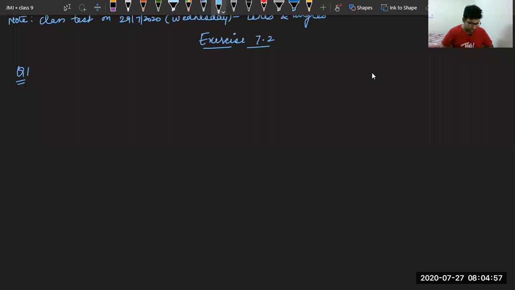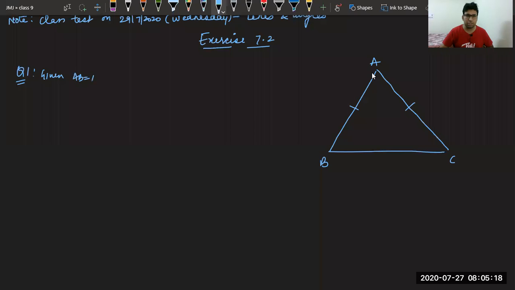Now, the question is, in an isosceles triangle ABC, we have a triangle ABC which is isosceles given to us like this. So, in a triangle ABC, which is isosceles with AB equal to AC, these two sides are given equal to us. Given AB is equal to AC, the bisectors of angle B and angle C intersect each other at O. Bisector of angle B and angle C. So we have two bisectors which bisect the angle and they meet at point O. Okay. Now we have to show,